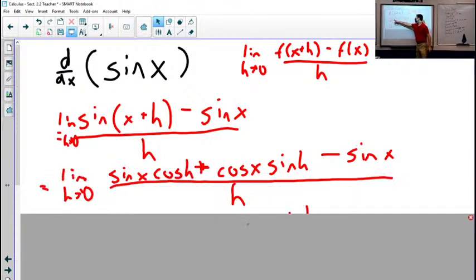Sine of x plus h is sine of x cosine of h plus cosine of x sine of h, as you all remember from pre-calc last year. Yeah. Definitely. So this is the angle sum identity for sine, which allows us